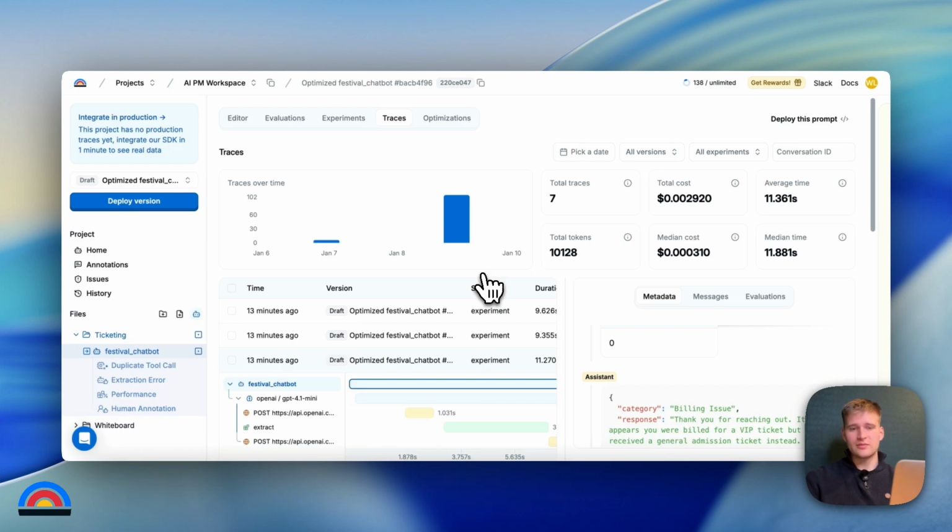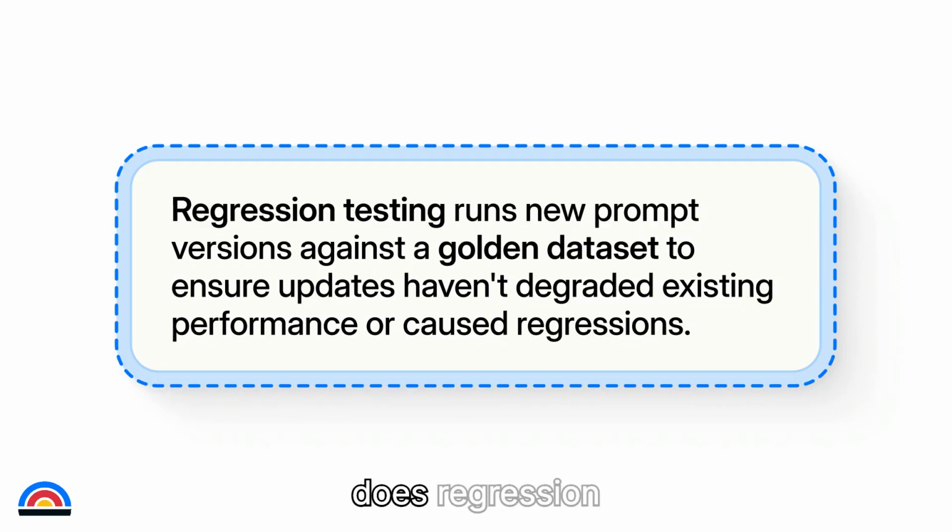All right. Now, when you have a preliminary golden dataset, we can start regression testing. So how does regression testing work? Regression testing is actually very similar to what we did before with comparing our prompts. However, this is going to follow you throughout every version of the prompt, okay?